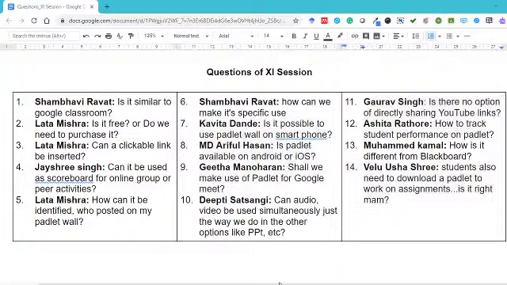Yeah, in fact, Blackboard is not dynamic, whereas a Padlet wall is extremely dynamic. And it's not just the teacher who has authority on the Blackboard as in a classroom. Here, the students can also post their reactions, their views, and it's an interactive board. That's the advantage of a Padlet.